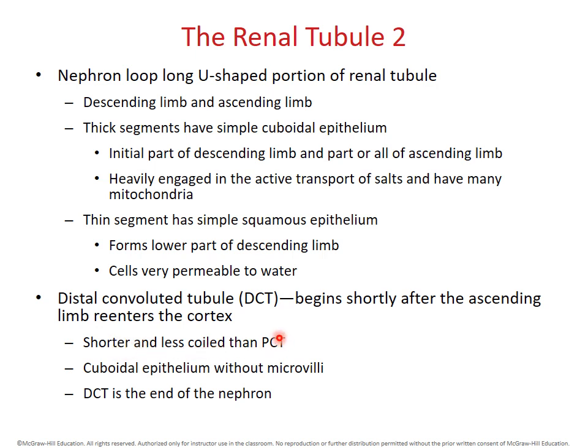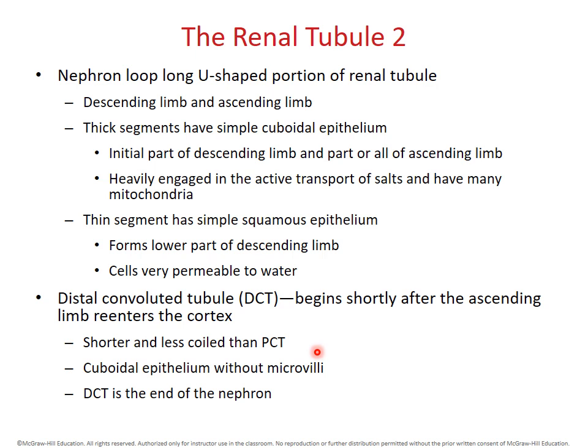Like the proximal convoluted tubule, it consists of simple cuboidal epithelium, but the noticeable difference that you can make out even under the microscope is that the distal convoluted tubule does not possess microvilli. And again, you can't see individual microvilli with a light microscope, but you can see sort of a fuzzy border that they create. And so you look for that difference under the scope when trying to distinguish distal from proximal